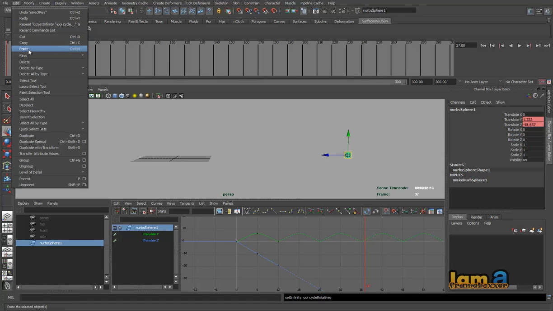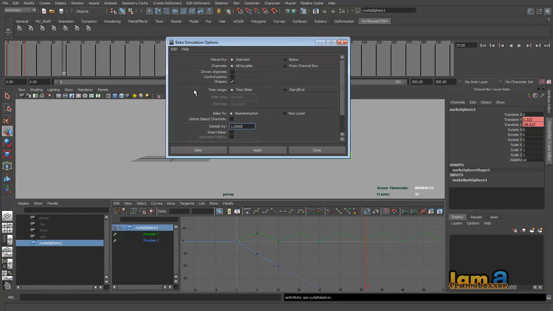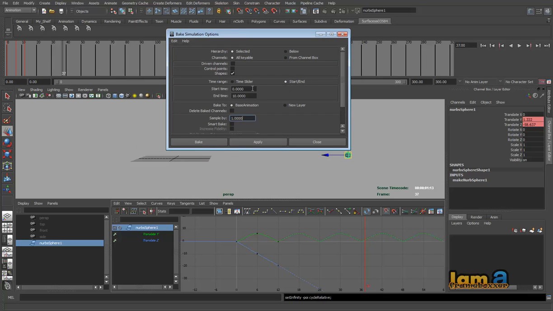So there are a lot of different ways to do that, but one of the ways is to go into edit keys, and you have something called bake simulation. It's all very simple English, you can understand this. In bake simulation, you can choose start and end. So you want to start from, let's say, 0, and you want to move on to, let's say, 36 or 48.